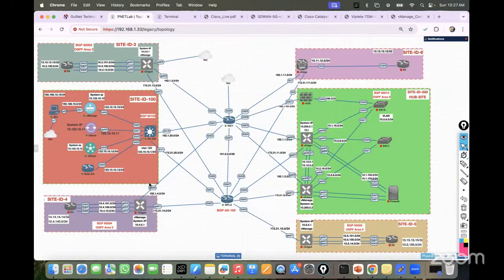Okay. So let's understand what a root CA is and why it is very important for us. If I talk about the root CA,